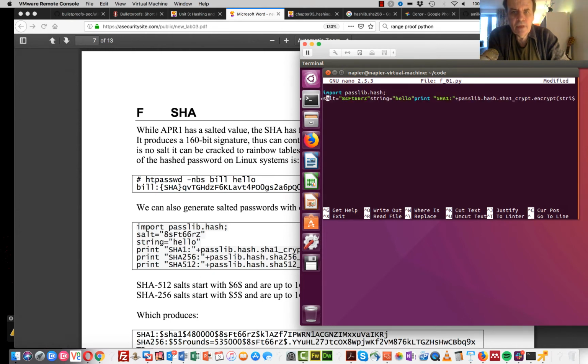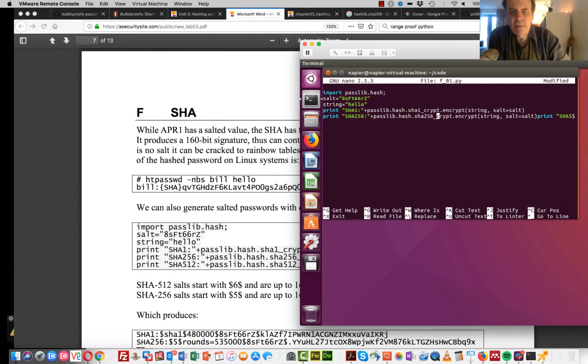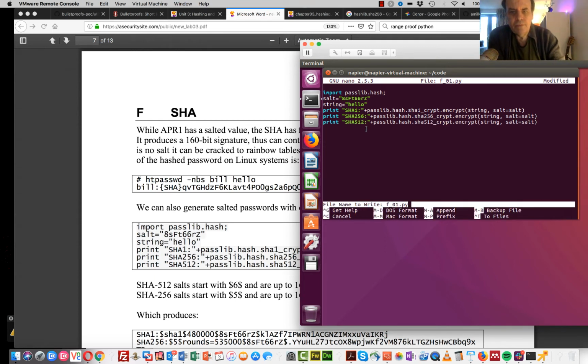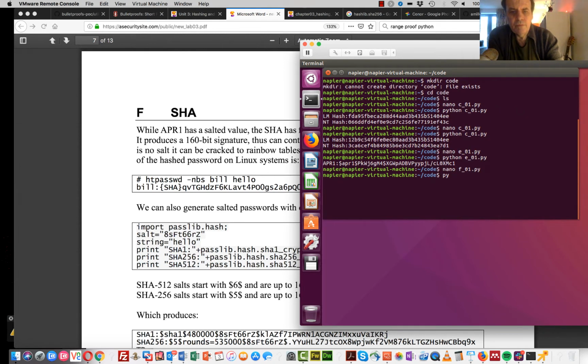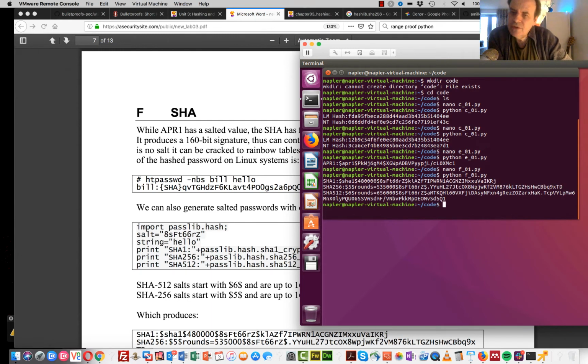Okay, so we have some salt, we have our string, and we'll print out crypt. Okay, so you see that was slower than the other one that we did there,